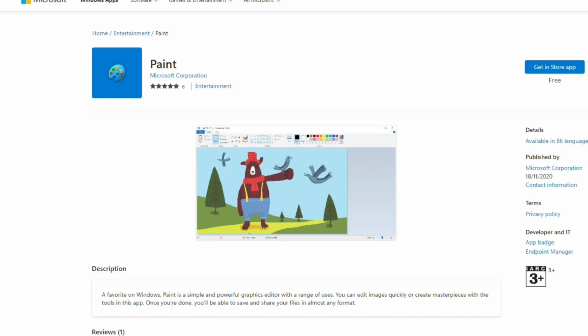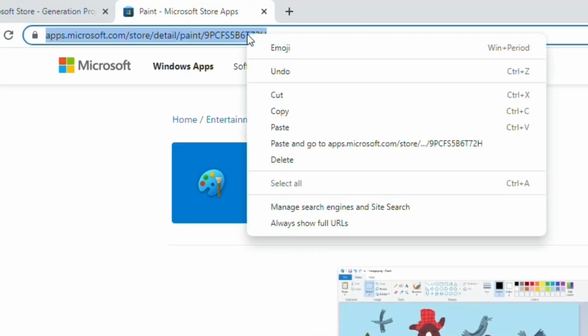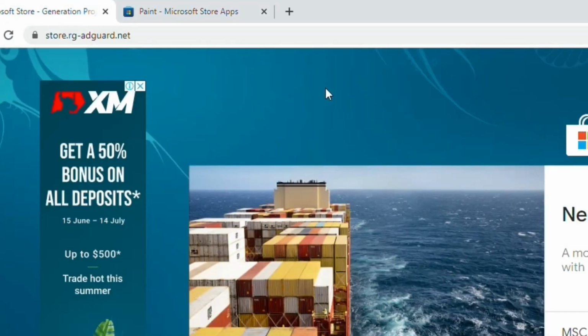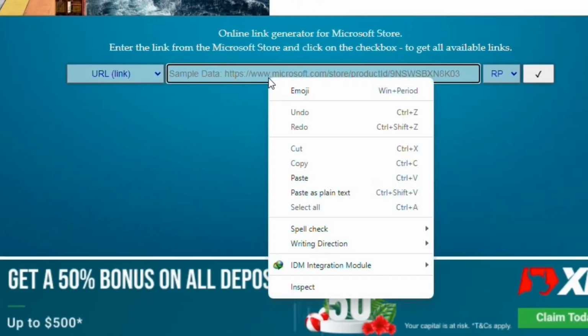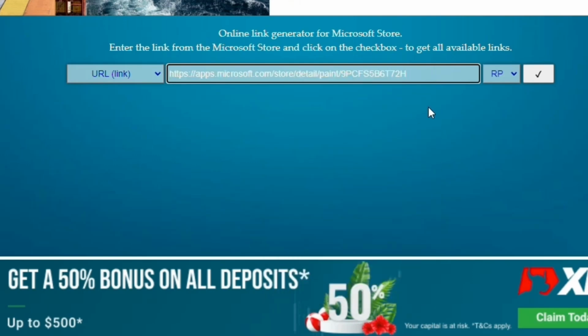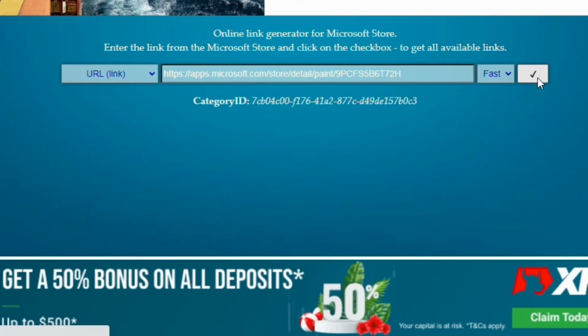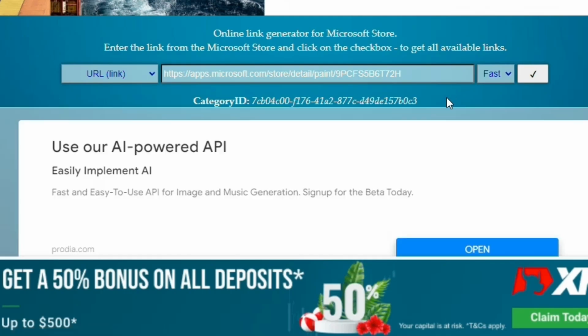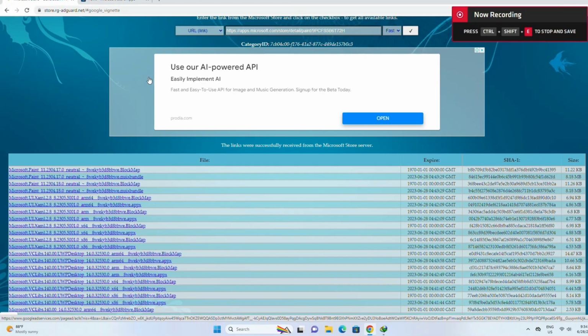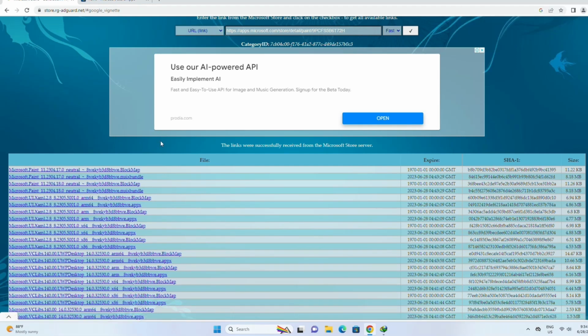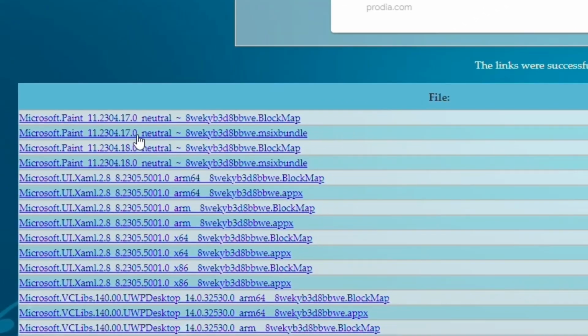Copy the URL. Paste the link from the Microsoft Store. Select Ring and click on the checkbox to get all available links. Right-click Microsoft Paint 11.2304 17.0 Neutral